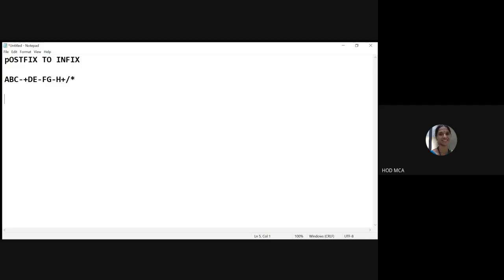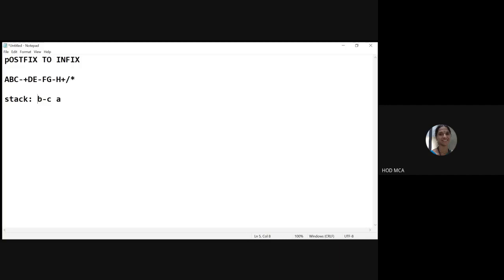Look here: when I use the stack, I will push first A, then B, then C, and then I have a minus. So I'll be doing B minus C. When I do this B minus C, in my stack I'll have B minus C, and then A. Then the next character is a plus. So what will happen now? I will operate.